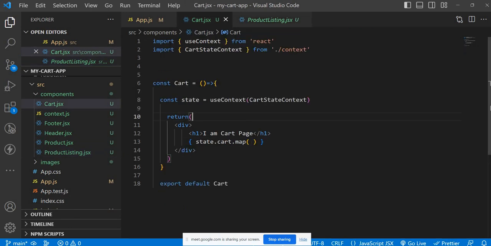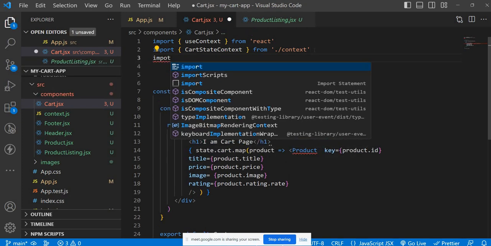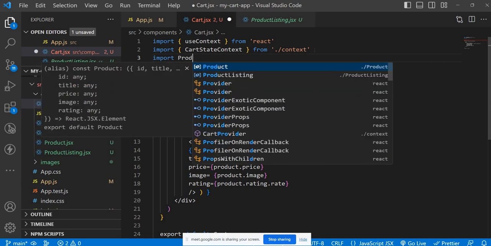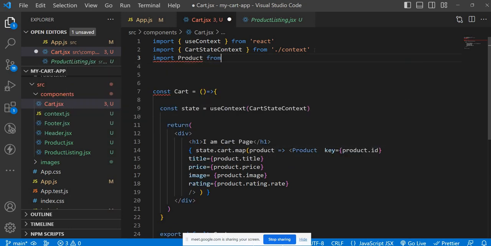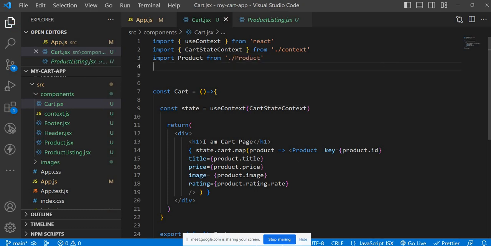So again, we are doing the same thing, right? We are displaying information from the product. The product component is not there, so just please import it. Import product from, sorry, where is that product? It's fine. So here the only difference is that we will get the rating directly, because observe carefully,